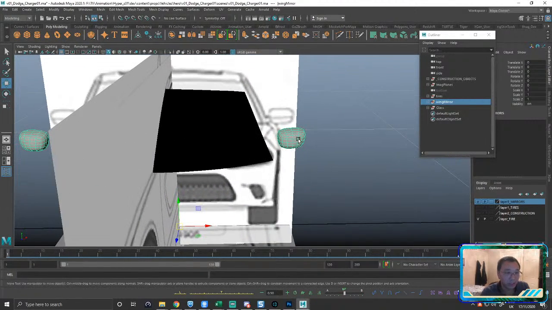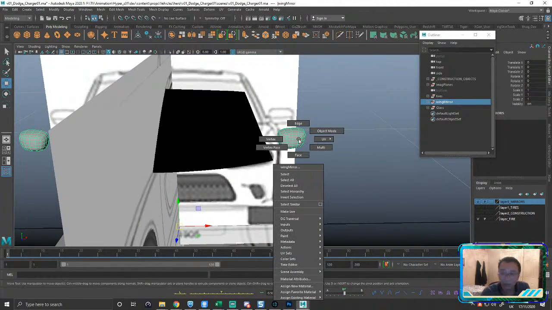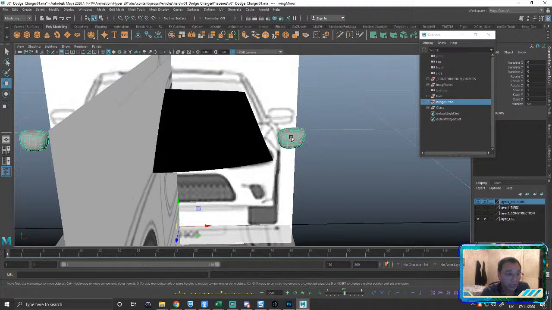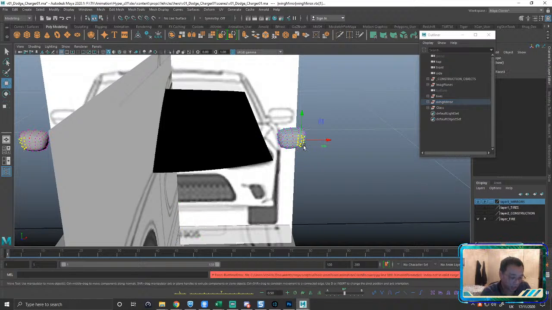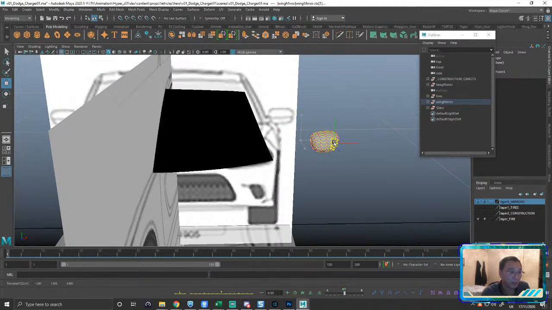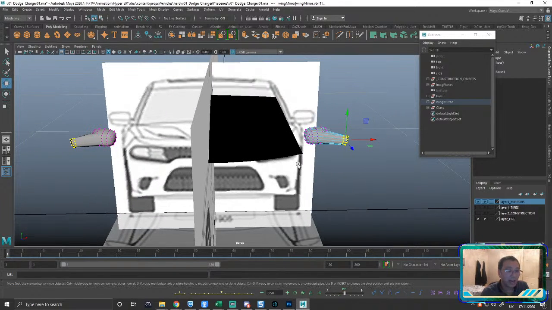Because of this, right? So I can come in here and right click, I can grab, hit the B key to come out. I can grab a bunch of those, right? And then move it. Check that out, right? So that's why I do it.